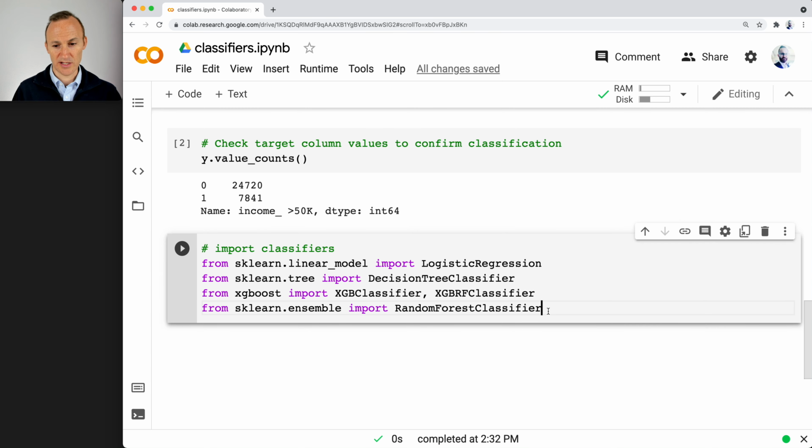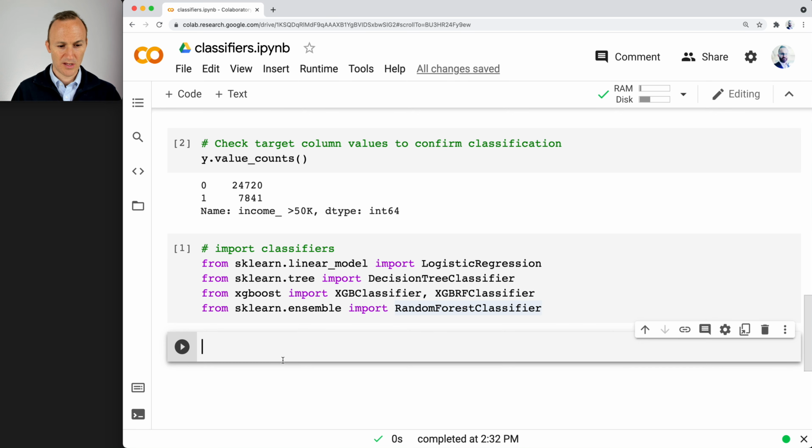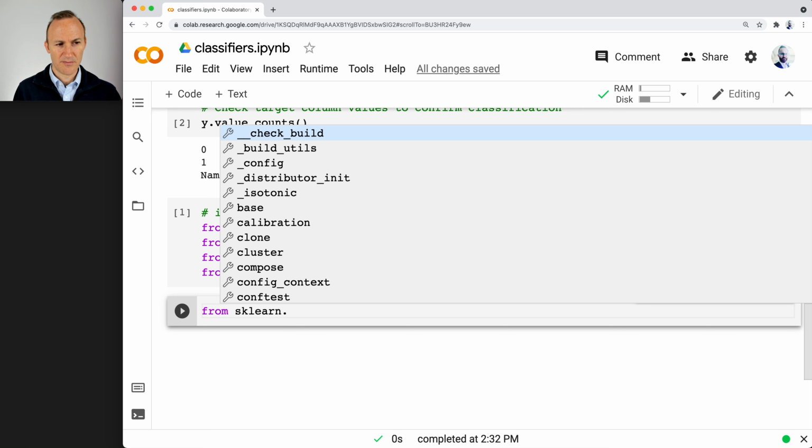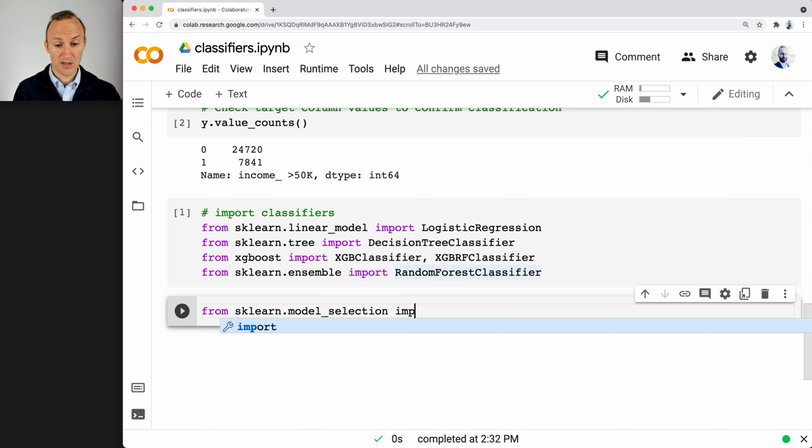And now we're going to do train test split. Okay, let's do a new coding cell. And so from sklearn.model_selection, import train_test_split. Okay,